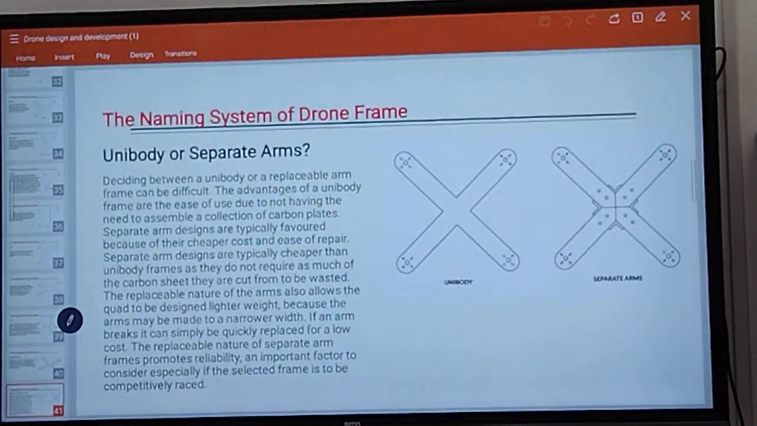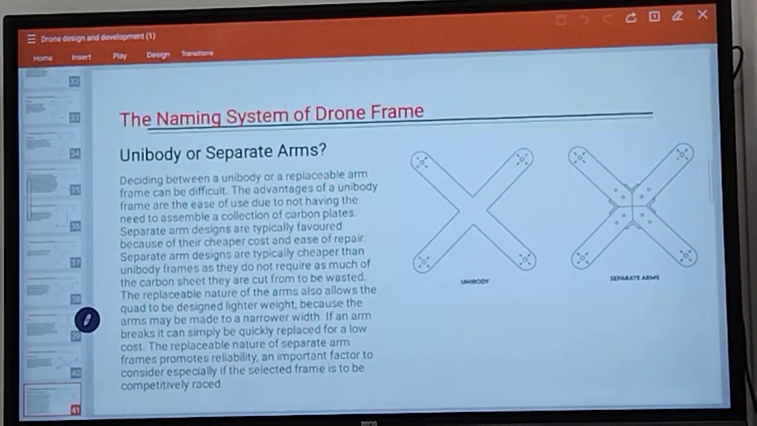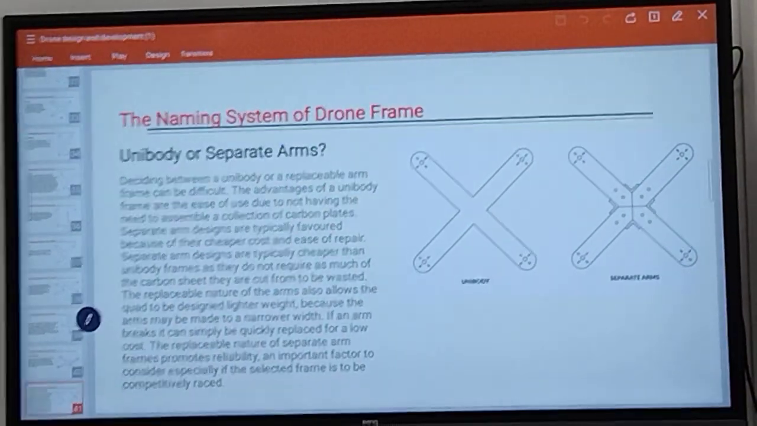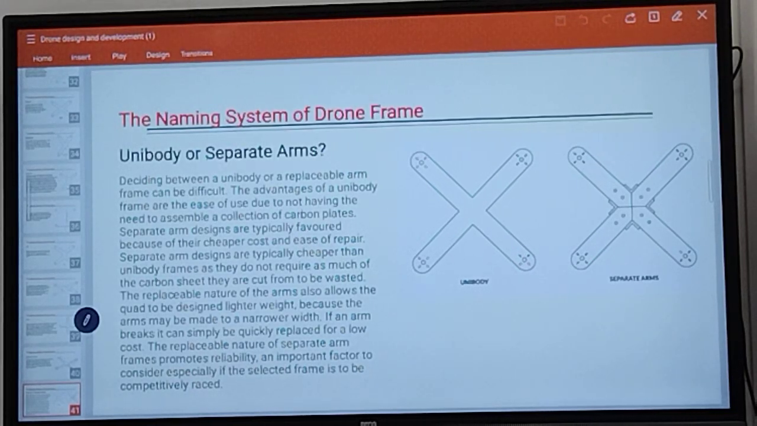Separate arm designs are typically favored because of their cheaper cost and ease of repair. Separate arm designs are typically cheaper than unibody plates as they do not require as much of the carbon sheet gathered from the wastage. Here, suppose one part is damaged, we can change it. The replaceable nature of the arms also allows the frame to be designed lighter weight because the arms